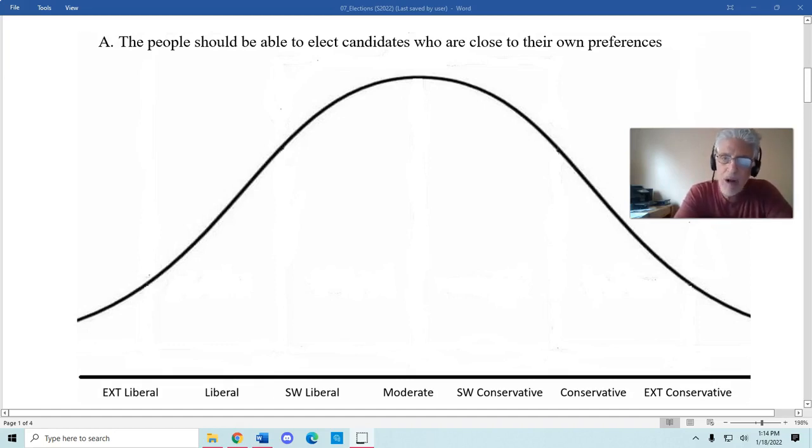Some people call it a bell curve. But what it's intended to display is that most voters are moderates. That is, most voters are in the center of the political spectrum. And the more you get away from the center of the political spectrum, so you go to people who are somewhat conservative or somewhat liberal, there's a lot of them, but not as many as there are moderates. Then as you go to conservatives and liberals, there's fewer of them. And then at the outer edges, the extremely liberal people and the extremely conservative people, there's the fewest number of